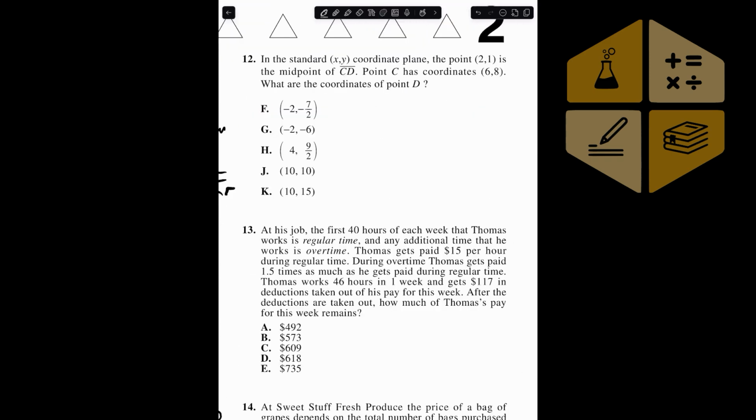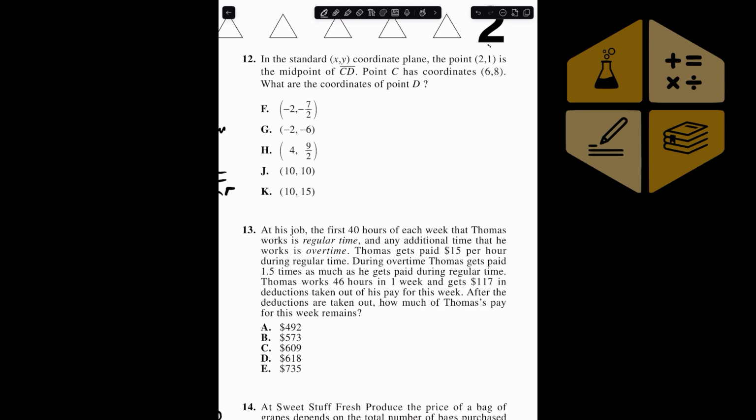Number 12. In the standard xy-coordinate plane, the point (2, 1) is the midpoint of CD. Point C has coordinates (6, 8). What are the coordinates of point D? Okay, so there's a formula out there called the midpoint formula. You probably had to learn it at some point in some math class. Please don't memorize the midpoint formula to get questions like this correct. I don't have the midpoint formula memorized, but I'm not even going to try,